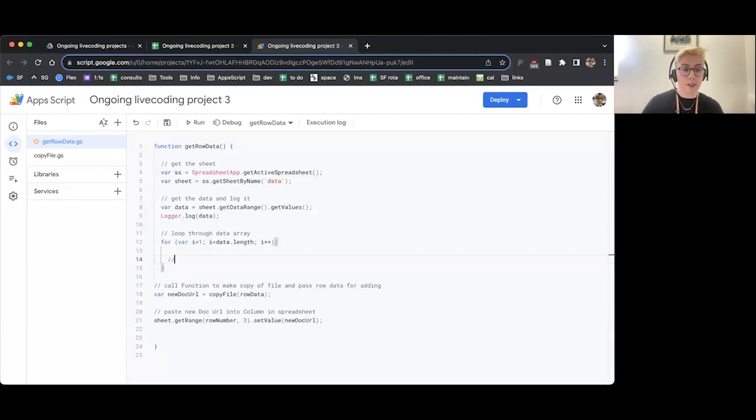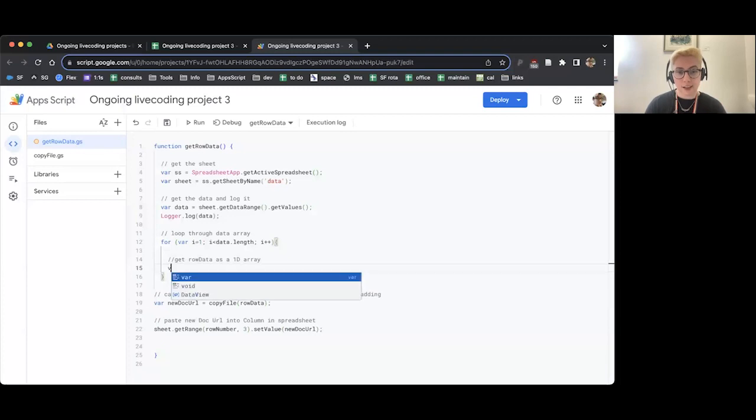And the next thing I want to do, now I'm inside the loop, so whatever happens in here is repeated for each row of data. I want to get the row of data. So I'm going to write get row data as a 1D array. So I'm just reminding myself what kind of information is going to be in row data as well. So when I come back to this project, if I'm going to go and tweak it in the future or just run it and see what's happening or it breaks, I know I'm looking for a 1-dimensional array from this variable. Just a helpful hint for me, really.